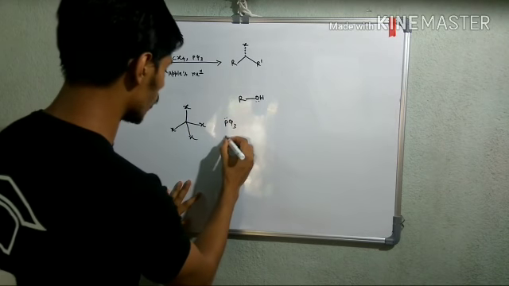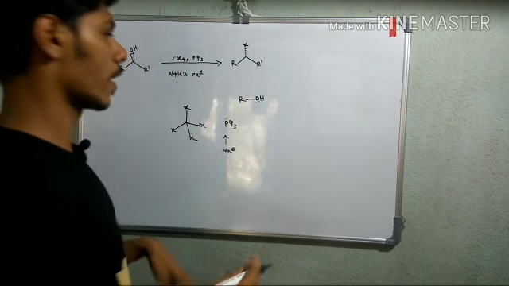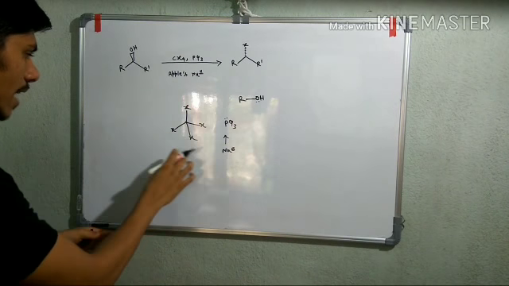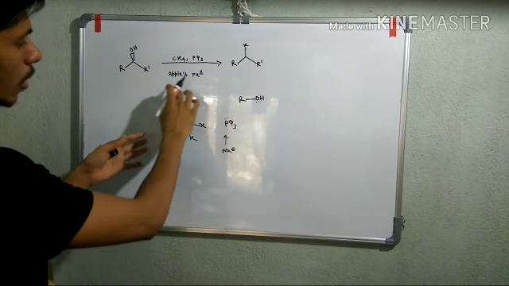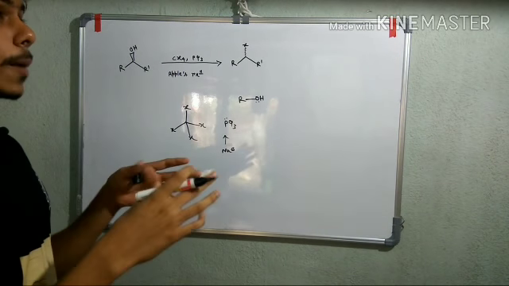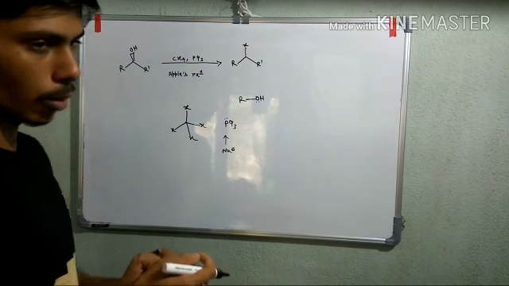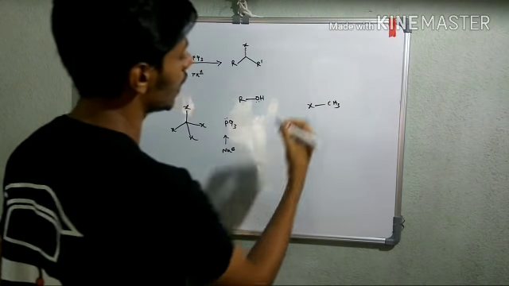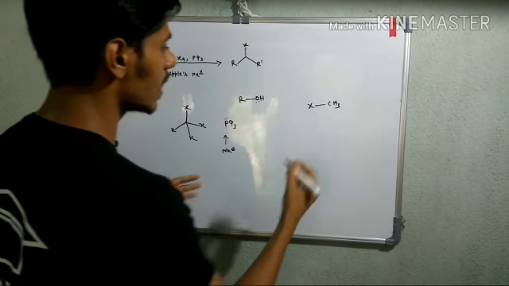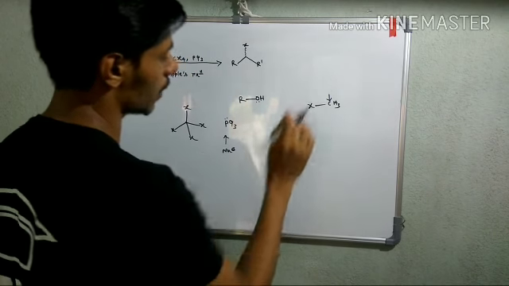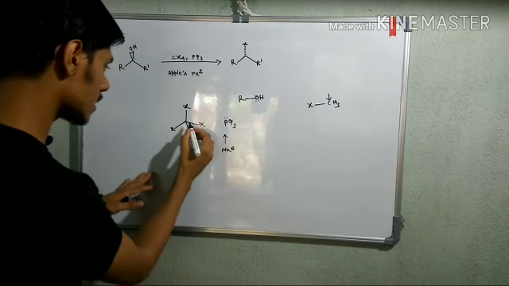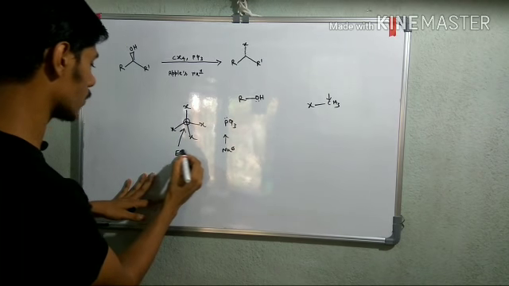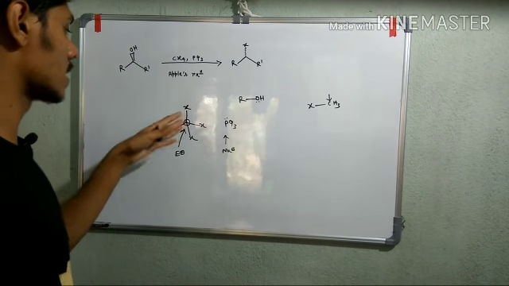So we find that triphenyl phosphine is our nucleophile. Now we have to find what will be our electrophile. You can see these two are nucleophiles, so obviously this will be the electrophile, but you have to find the electrophilic center in this particular molecule. Normally if you have an alkyl halide, let's say methyl chloride, the methyl carbon is the electrophilic center, and in this case you can see the same type of carbon is there. This is the methyl carbon, so you can think that it is the electrophilic center, and indeed it is,